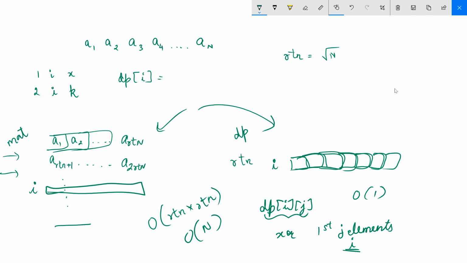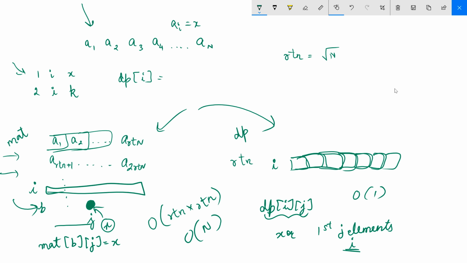Okay, so once we have this, what can we do next? When you have a query of this type, where you are supposed to change the ith element to x, you know the bucket in which the ith element will be. So go to that bucket, let's say that's b, and the ith position will be at some local position j, suppose. So we can simply update that. We will put x over here, so basically mat[b][j] will be x, only this much.